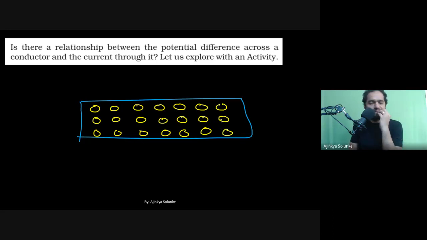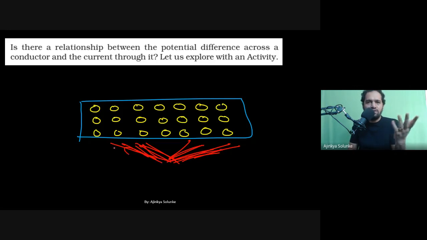Now, during that time the atoms were in place. Suppose somebody started heating this material from the bottom. In your lower grade, in ninth, somebody might have told you that when heat is supplied, atoms tend to move away from each other, right? So these atoms will move in random directions. Initially they were at rest, but now they have started moving in every direction because of the heat you supplied.